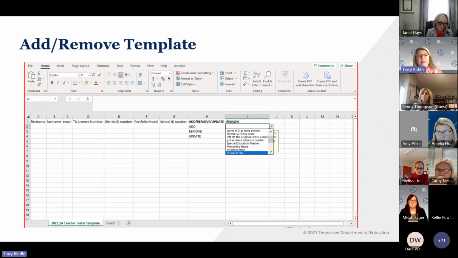When you download the add and remove template, this is what it looks like. You will have a drop down here in this column H where you would put add if you need to, and be sure to include all of their information here. You can select add and why, and make sure you tell us why. The only reason to add a teacher would be that you left them off the roster originally, or they have been teaching all year, but they just received their active permit number or their active license number. If you need to remove someone, put their information, select remove, and then one of those reasons why they are